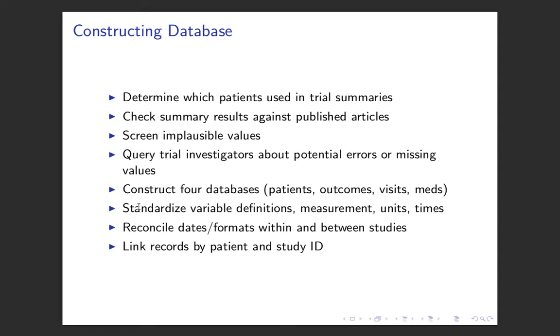We had to go back in and see, when we couldn't match up with the original paper, what was going on. I remember there was one paper in particular where there were 260 people in the database, but 257 in the publication. It turned out that they'd excluded 3 people for some reason, but they never said that in the paper. So we only found out about it because we had their data. And I don't know why they excluded 3 people. They might have actually been reasonable exclusions. Maybe they didn't satisfy their inclusion criteria and they got into this study incorrectly or whatever. But it could have also been an error on their part,